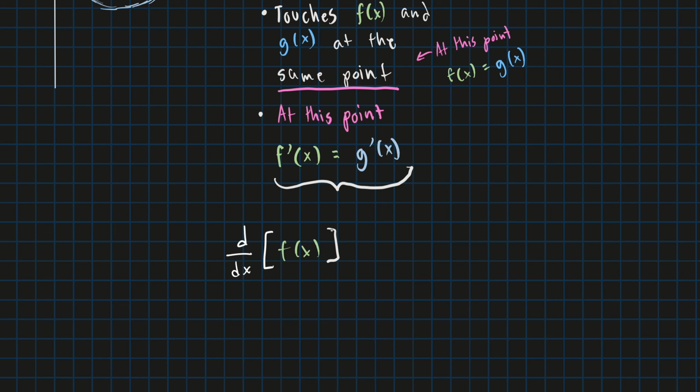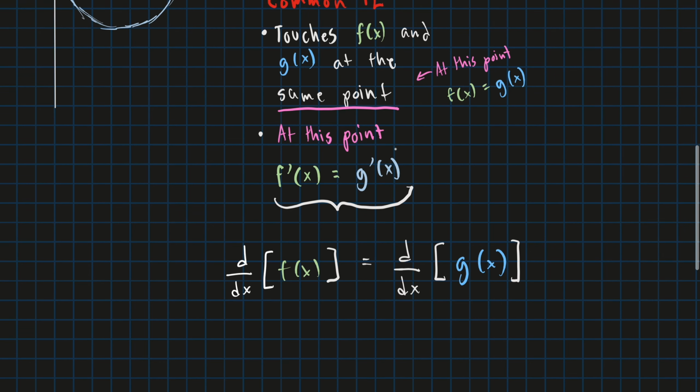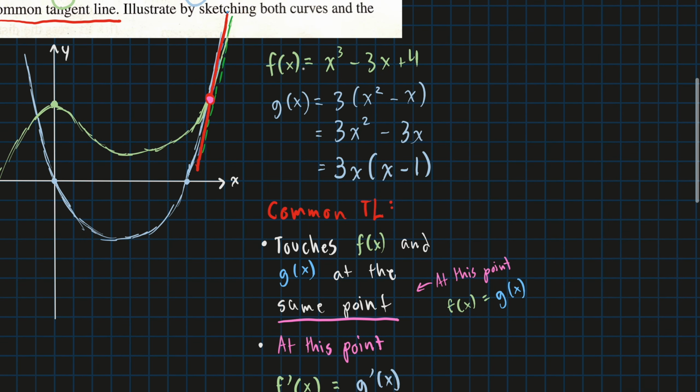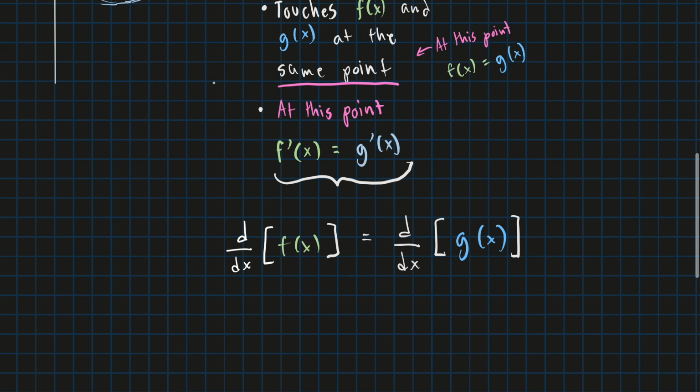Because that's just another way to write f prime of x. And that is equal to d over dx of g of x. Now all we have to do is plug in f of x and g of x. So we have